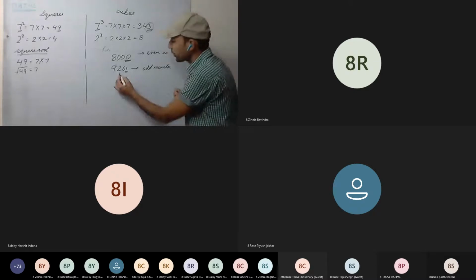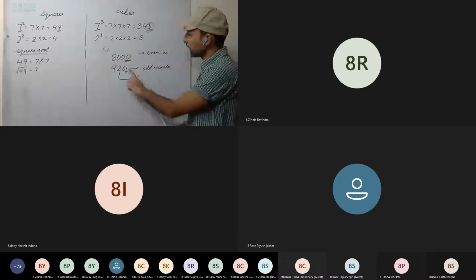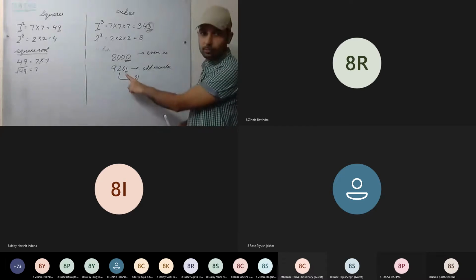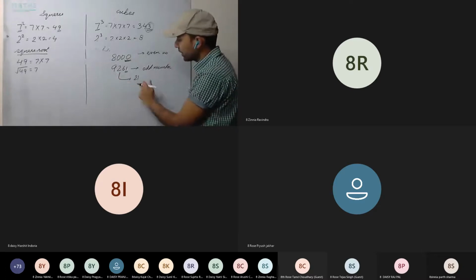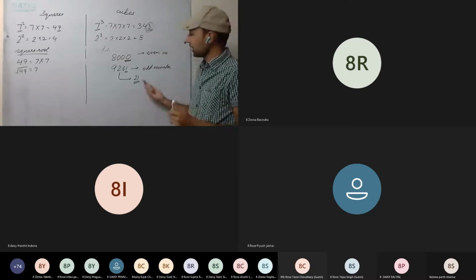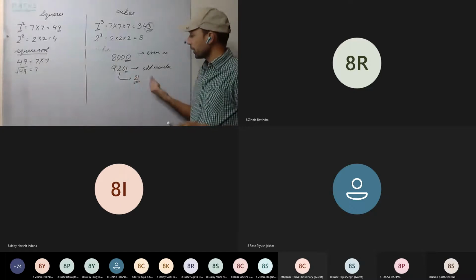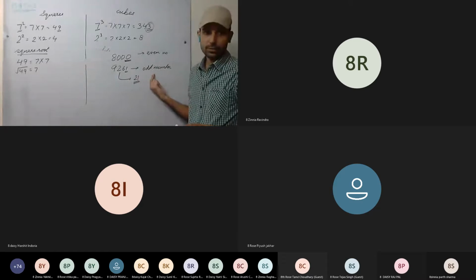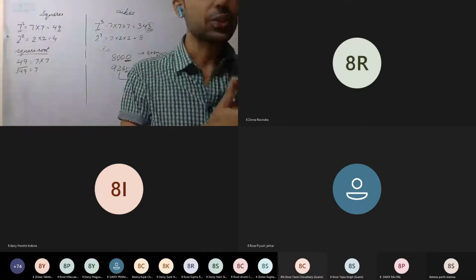You don't have to say that it is a cube of 21. No need of telling that. We just have to check the unit digit. If you want to verify, then you can factorize it and you will come to know that it is a cube of 21. But there is no need, because we have to check only the unit digit. If the unit digit is odd, that means it is a cube of an odd number. Is this clear? Third question, anyone have a doubt?